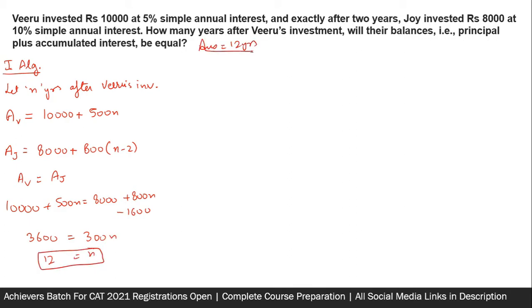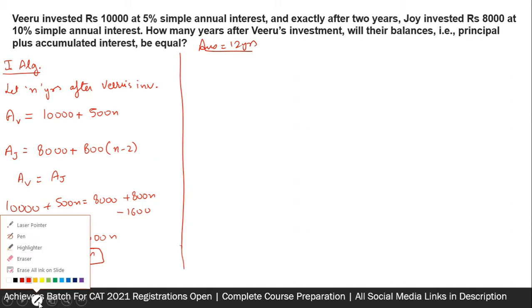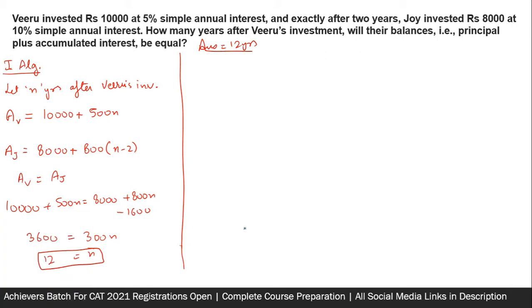Now, the alternative solution. You can see that this solution had a few steps. The alternative solution that is there in my mind is actually a version of this first solution only, but we don't have to literally make so many equations. The alternative solution will have only one equation and a one or two step answer, but in the background we have to think quite a bit. So two things we have to understand.